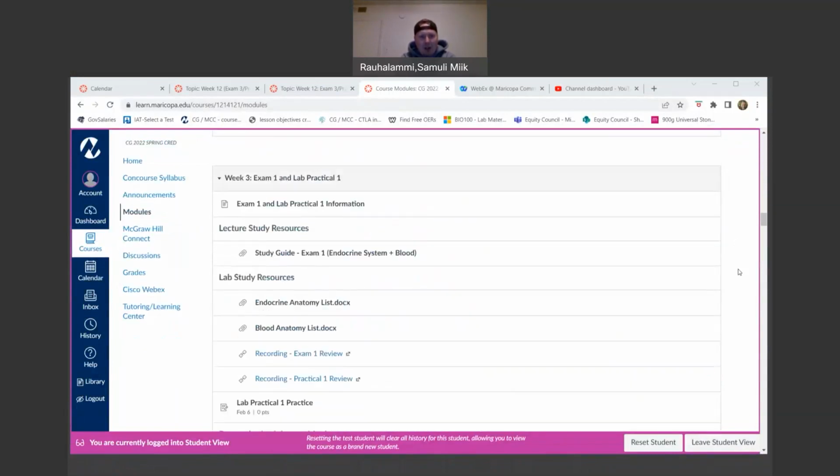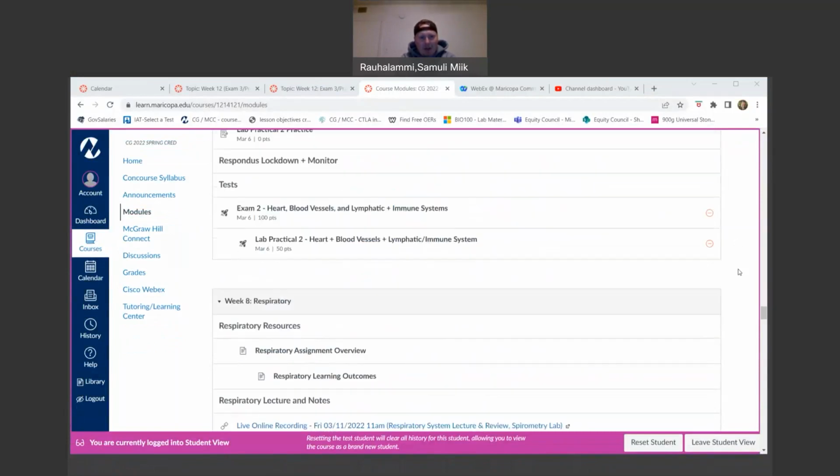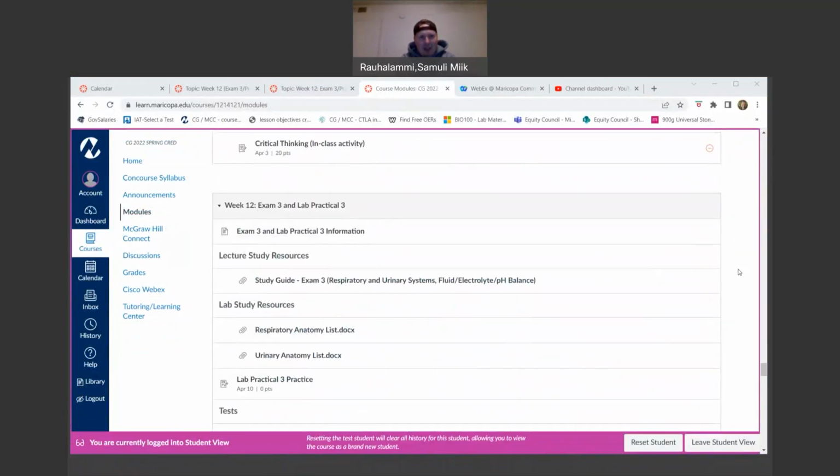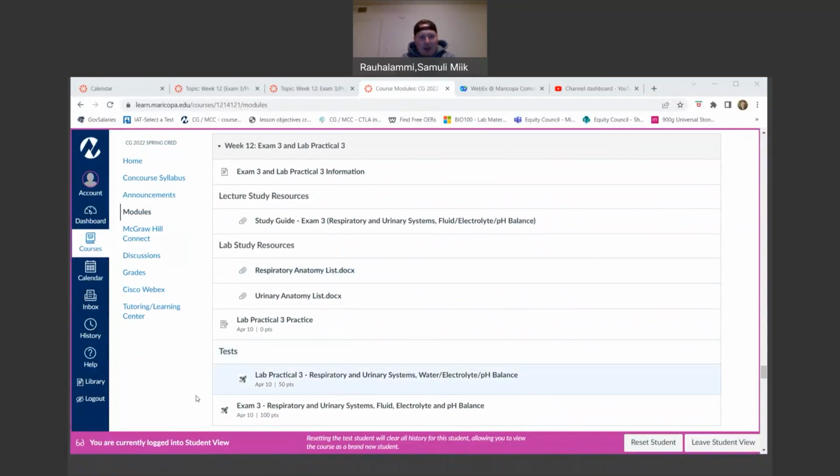So when we're at the learning modules and you scroll down for this week's material, which is week 12, you'll notice that there are two things that I'm asking you to do this week. We are completing our exam tree. And in addition, we're also working on our lab practical tree. Both of those cover the past 3 chapters, really. So we're going to be looking at the respiratory system, urinary system, and then finally the water, electrolyte, and pH